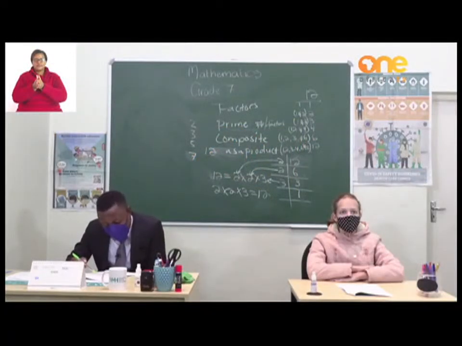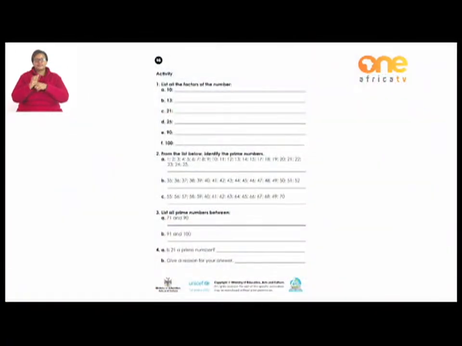Let us now go to page 16 to do the activity. I'll read through the activity and give you guidelines on how to do the activity. Number one, you need to list all the factors of the numbers for number 10, A, B 13, C 21 until F. Then we move to